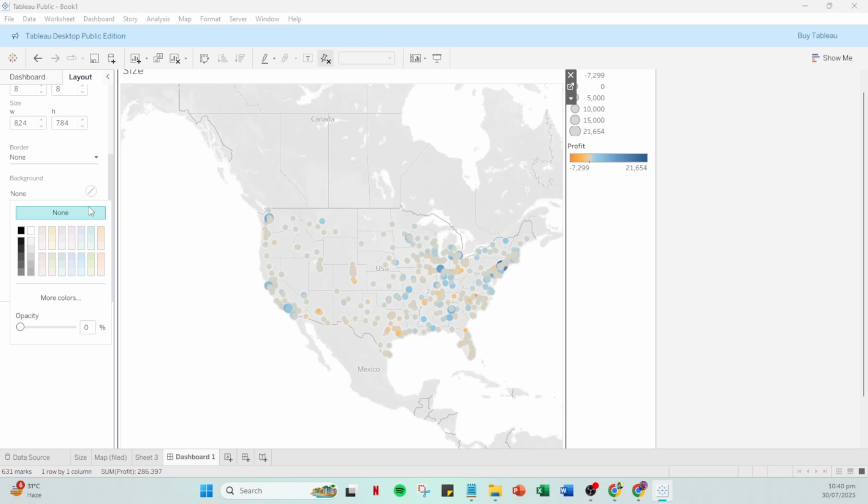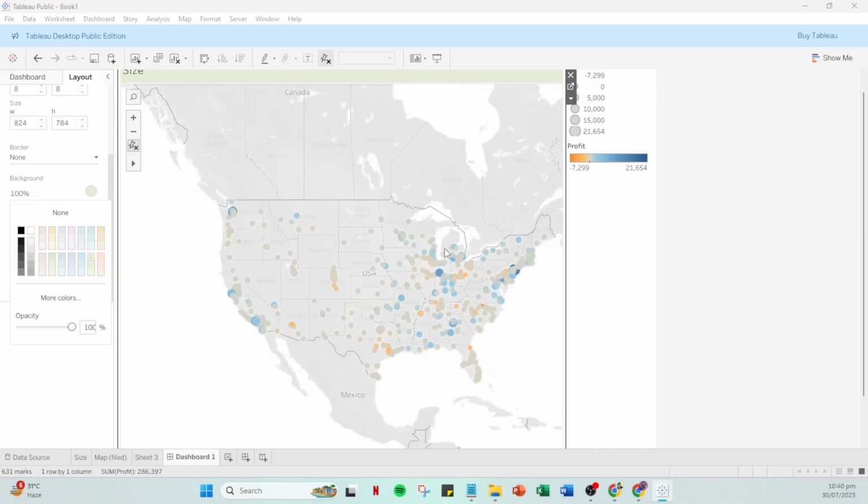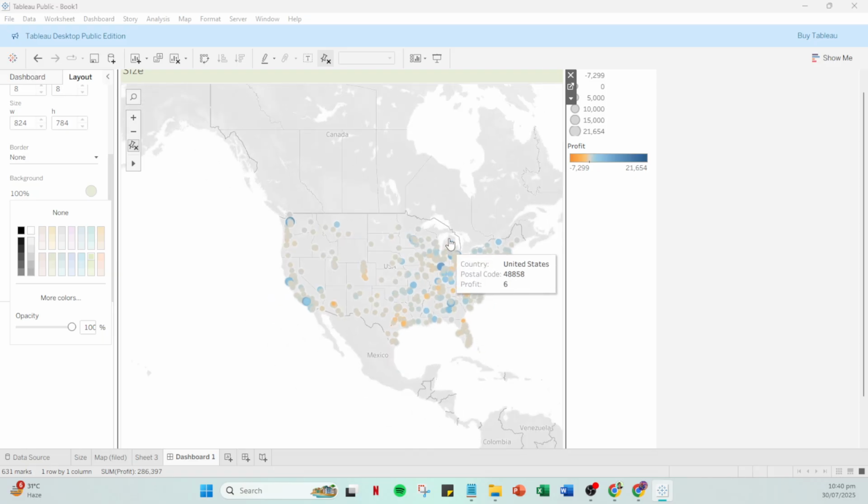Within the Layout options, you'll need to locate the section labeled Background. Here you can click on the color icon, which opens up a color palette. This palette allows you to select a new color for your dashboard background. Take your time to browse through the colors and feel free to experiment to see what complements your data visualization best. Remember, the right color can greatly impact readability and aesthetics, driving home the visual story you're telling with your